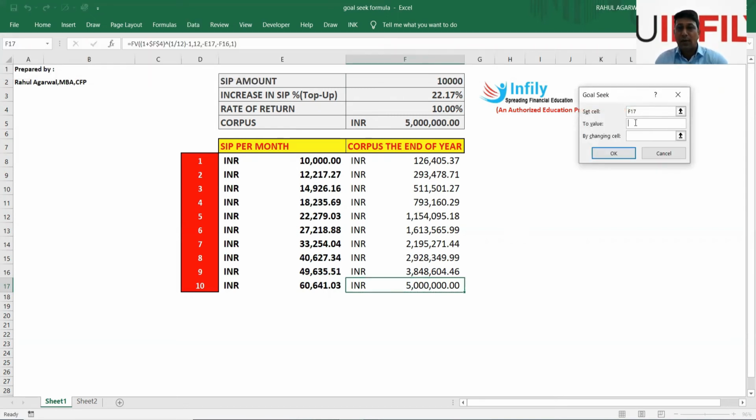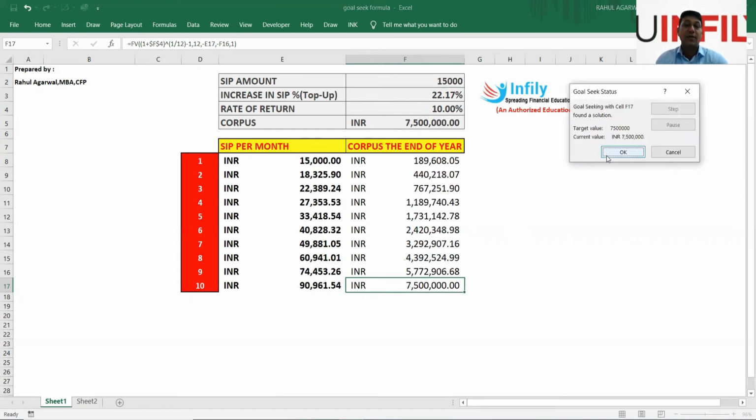To value, now I want 75 lakh rupees, 1, 2, 3, 4, 5. Remember, this time I am keeping the SIP percentage top up constant, which is again 22%, and the rate of return is the same 10%, but I just want to change the SIP amount I am starting with. So my starting SIP amount will change, and now this is basically 15,000 rupees per month to start with